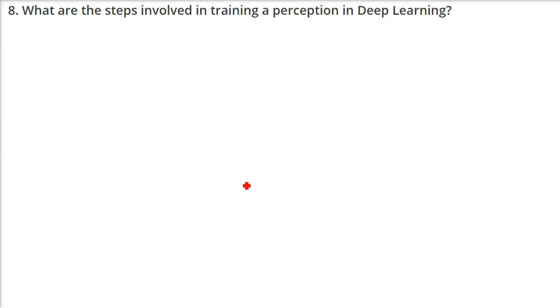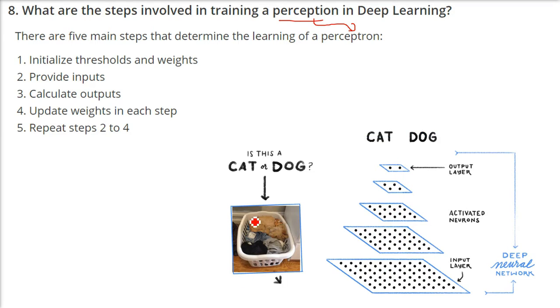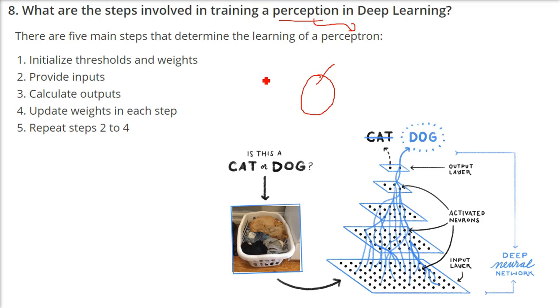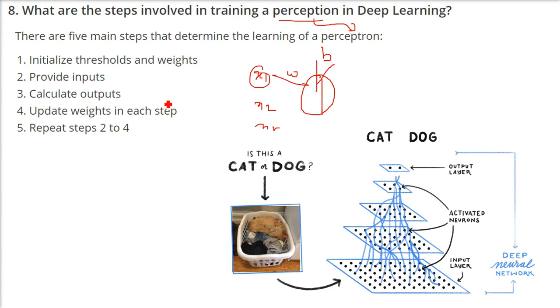What are the steps involved in training a perceptron in deep learning? Perceptron is the basic part of any neural network, because a perceptron is all about one neuron with multiple inputs and a single output. So if you take any neuron, there will be a series of steps. I have highlighted these steps. You can go through them, but let me show you how things are actually done. Here we want a cat or dog to be recognized. So how do we train a neuron, that is, a perceptron? Say you have given some input, which cannot be changed. It will always be there. We have weights for each input, how much importance you are giving to certain inputs. You have weights for every input.